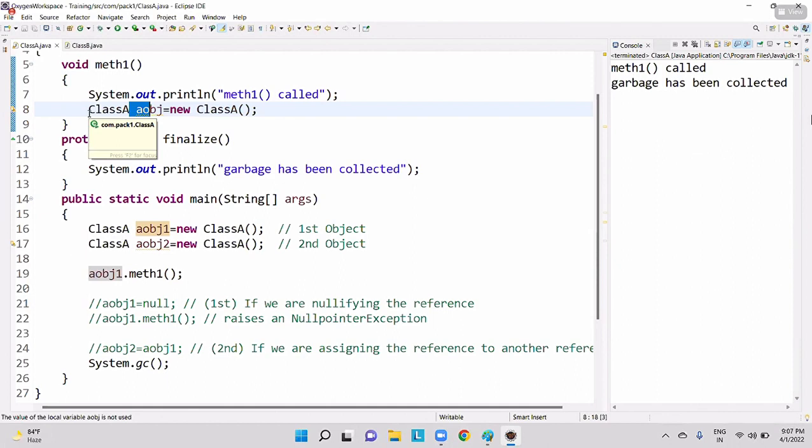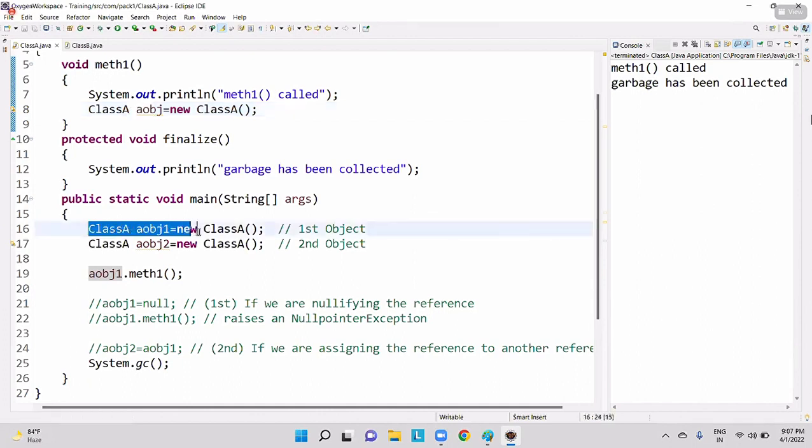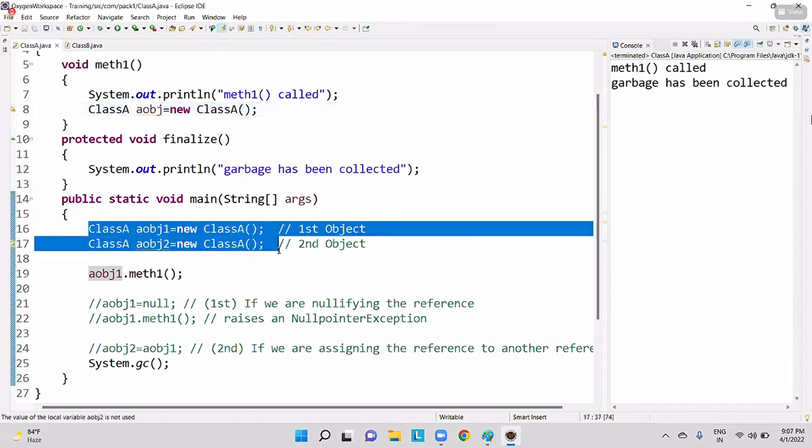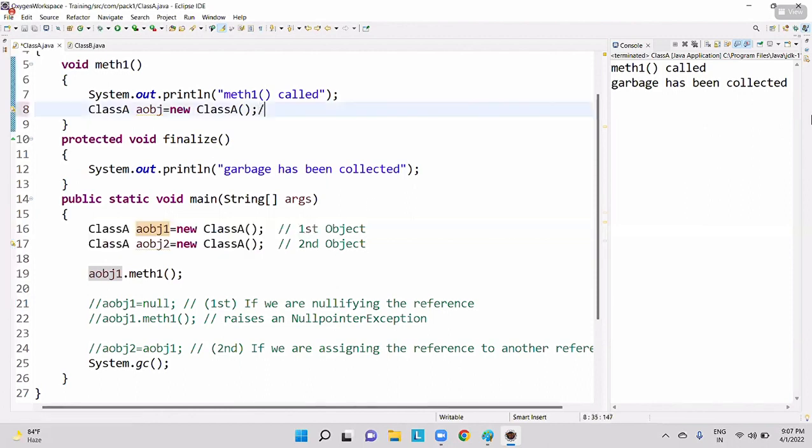Then you should be getting a question, sir, what about the objects which are present inside the main method? Guys, the objects which were present inside the main method also will be destroyed whenever you are shutting down your JVM. Shutting down your JVM means simply close your Eclipse. Automatically, the objects which were present inside the JVM also will be destroyed. This is third way.